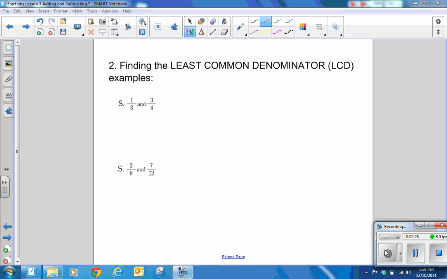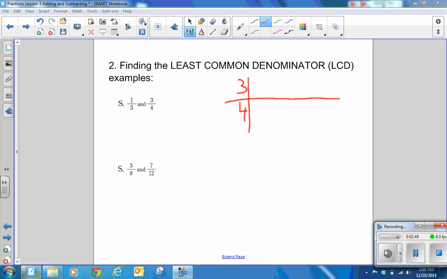Now, if we have two fractions that don't have the same denominator, we first have to find their least common denominator. And in order to do this, we need to find the least common multiple of the two denominators. So in the first example, I have 3 and I have 4. We could create a table,